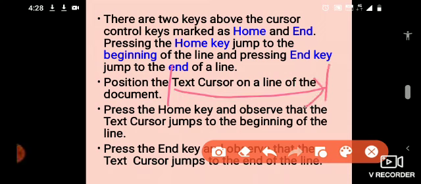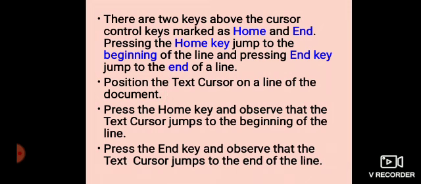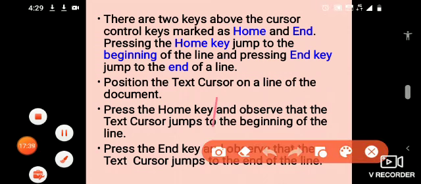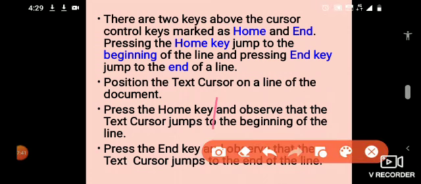What will happen if you press these two keys along with a combination of some other keys, for example, the control key? If you press control plus home, what happens? If the cursor is somewhere here, it takes the cursor to the beginning of the document.